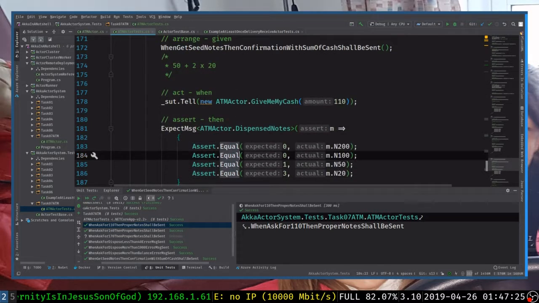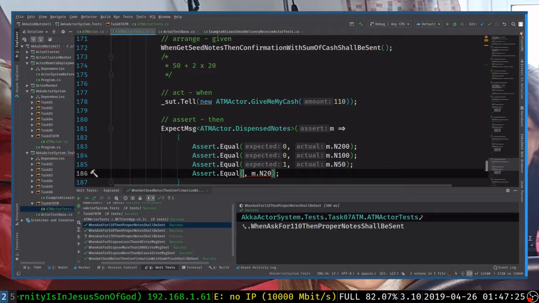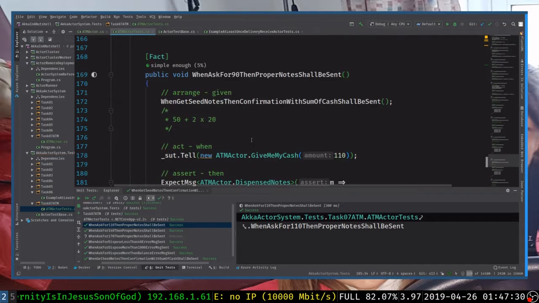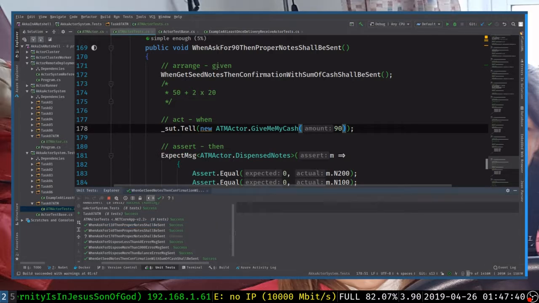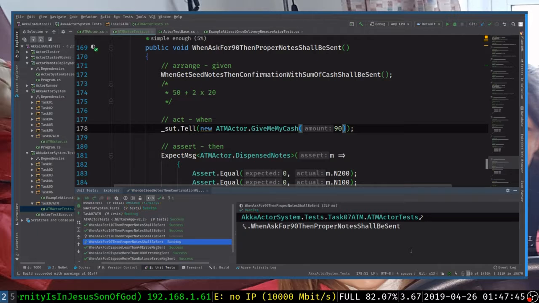So, okay, so now we know that we can dispense, but if we will be dispensing,